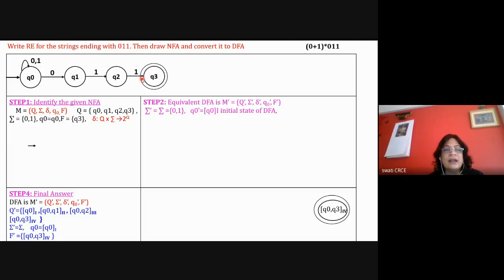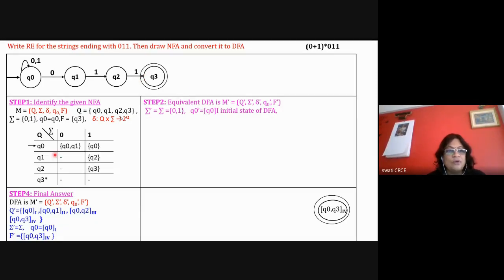Okay, so we are having a revision of understanding how to convert NFA to DFA, which we have already studied. So what we did in that: for this, identify the given NFA. The first step is to identify the given NFA and draw the transition table. From Q0, for the 0 input symbol, there are two possible states. So Q0 with 0 may go to either Q0 or Q1. So like this you create the transition table for the given NFA.